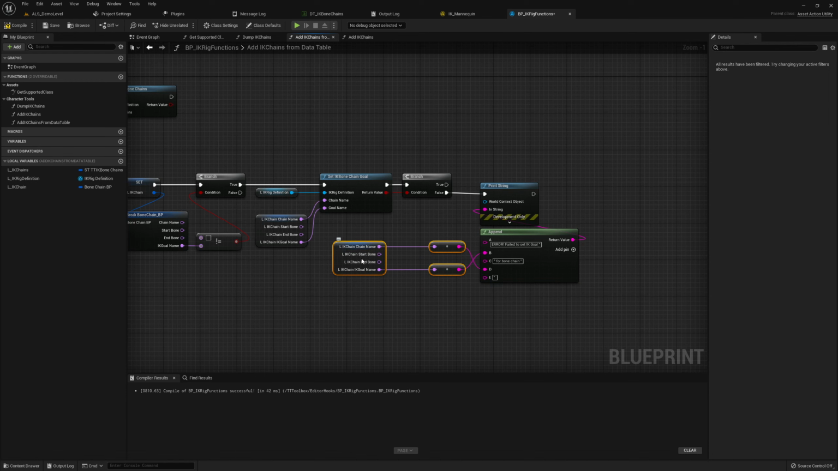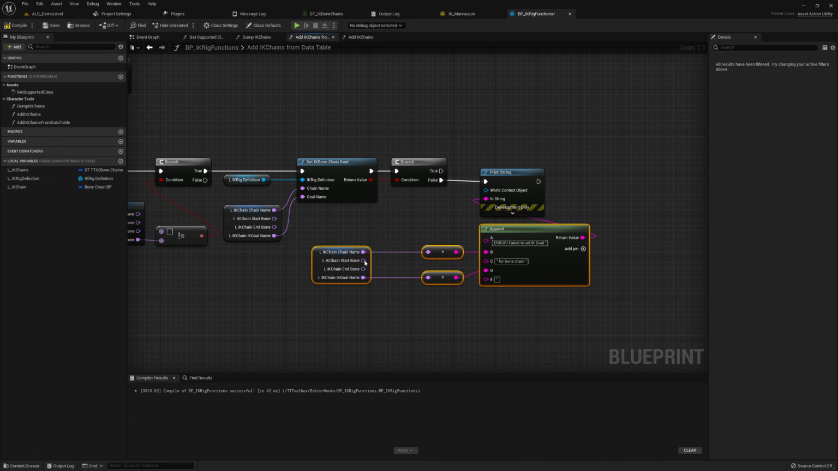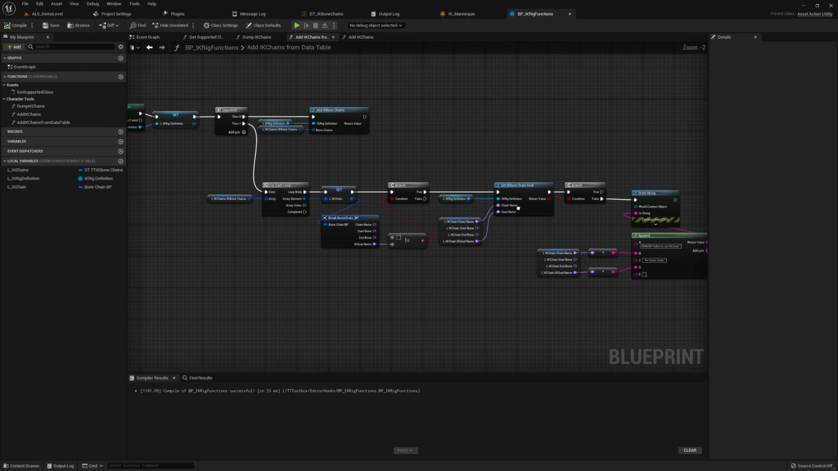Why is it so weird? So, fail to set IK goal. That's not correct. That's the IK goal here for the bone chain. So we can avoid crossing wires here. I did something wrong, seems to be the case when I implemented it the first time. So that's perfectly fine. The blueprint side is now correctly set up and we can compile, save, but it does